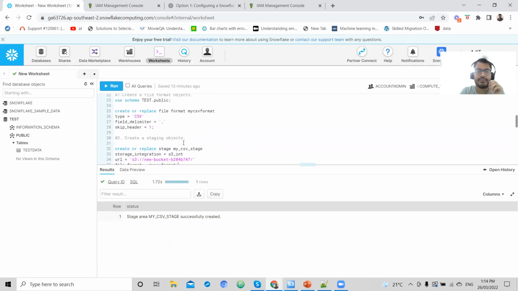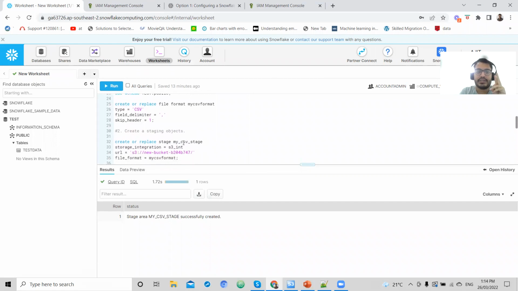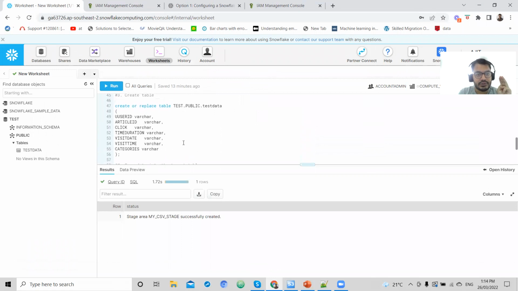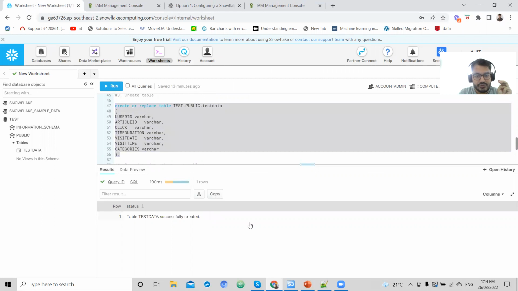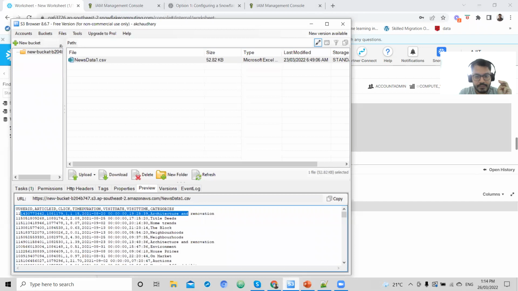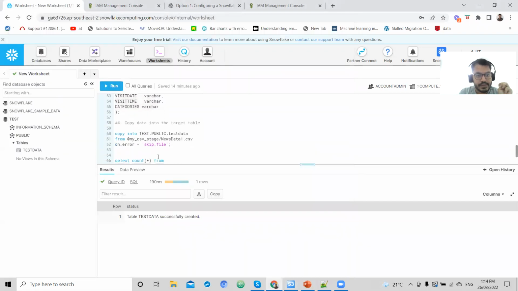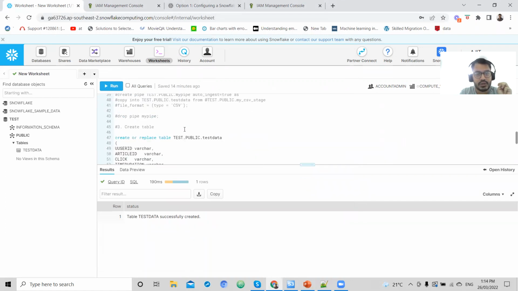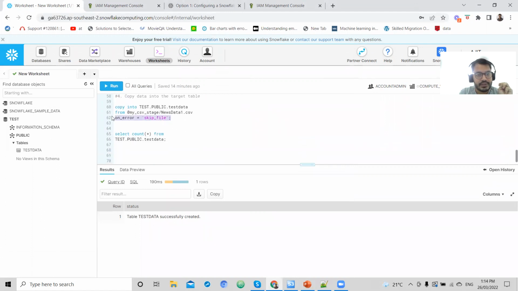The first step was to create file format. The second step is to create staging, and the third one is to create a table because we need to import that files. The column names should match with the file column names that we have. Okay, and then simply we need to copy. So this is the file name, and this is my staging table that I have created right now. This my_cs_stage. So if I run this,